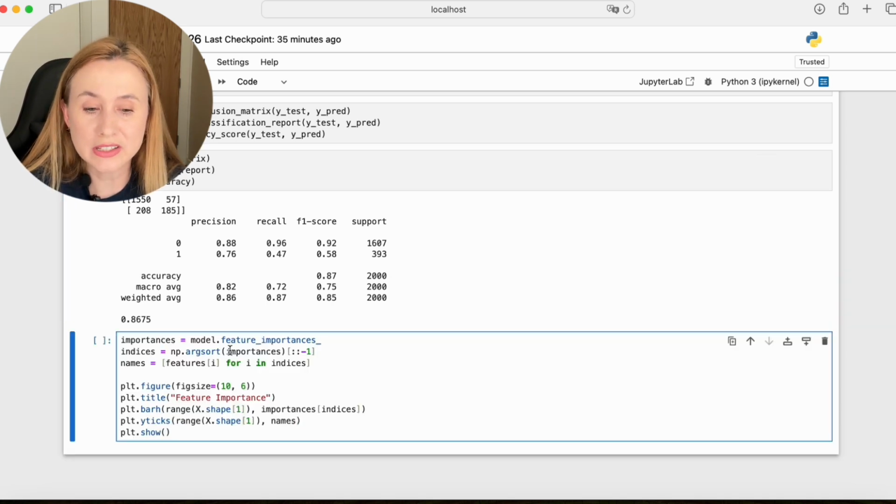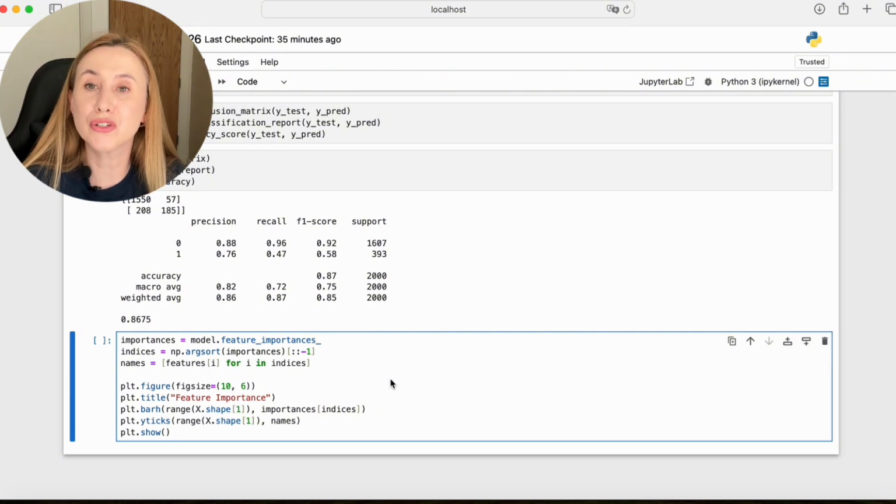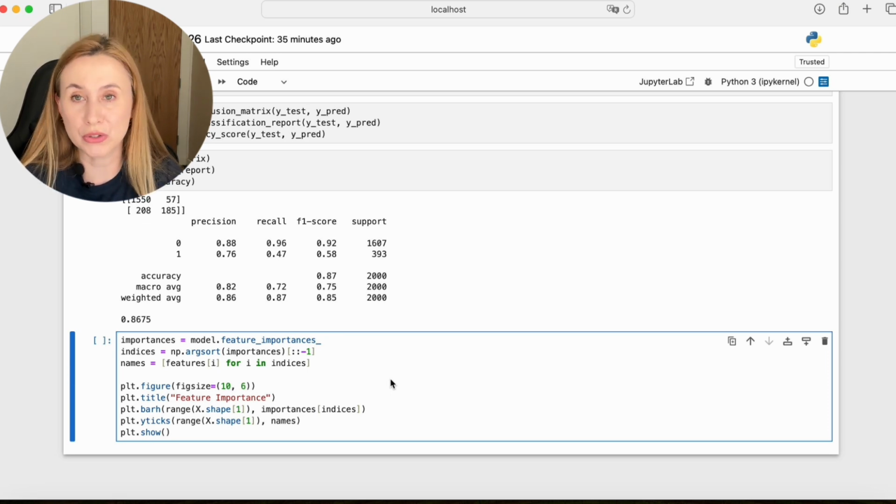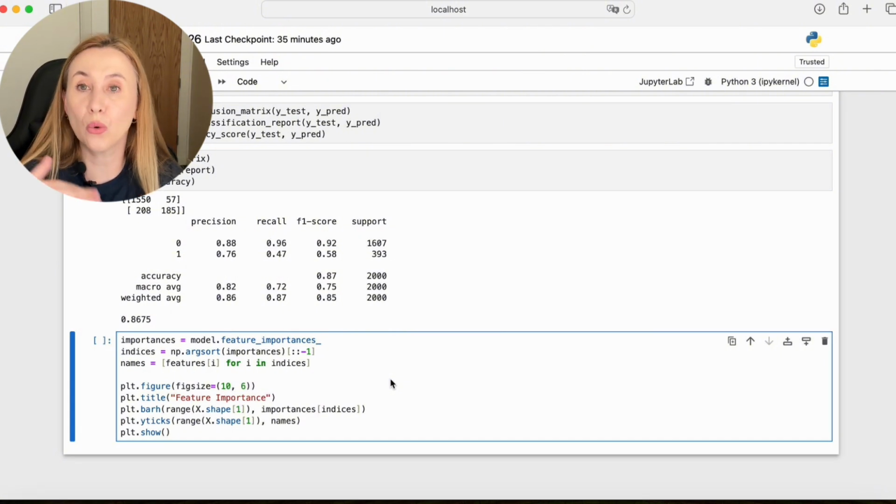Okay, so we say importance is equal model.feature_importances_. This feature_importances_ is an array of feature importances where each value represents the importance of a feature in making predictions with our model. Indices equals numpy.argsort(importances), and np.argsort returns the indexes that would sort the importance array. Square brackets where ::-1 reverses the order of sorted indices, so the features are sorted in descending order of